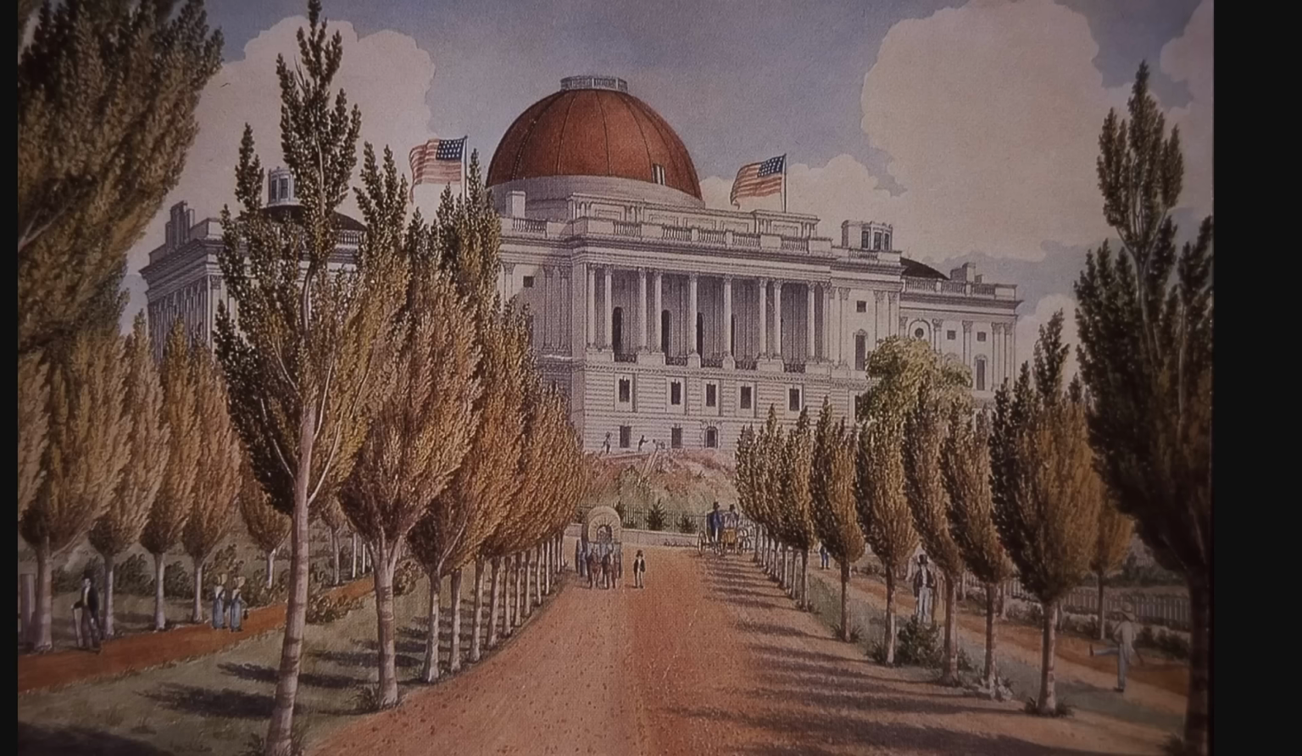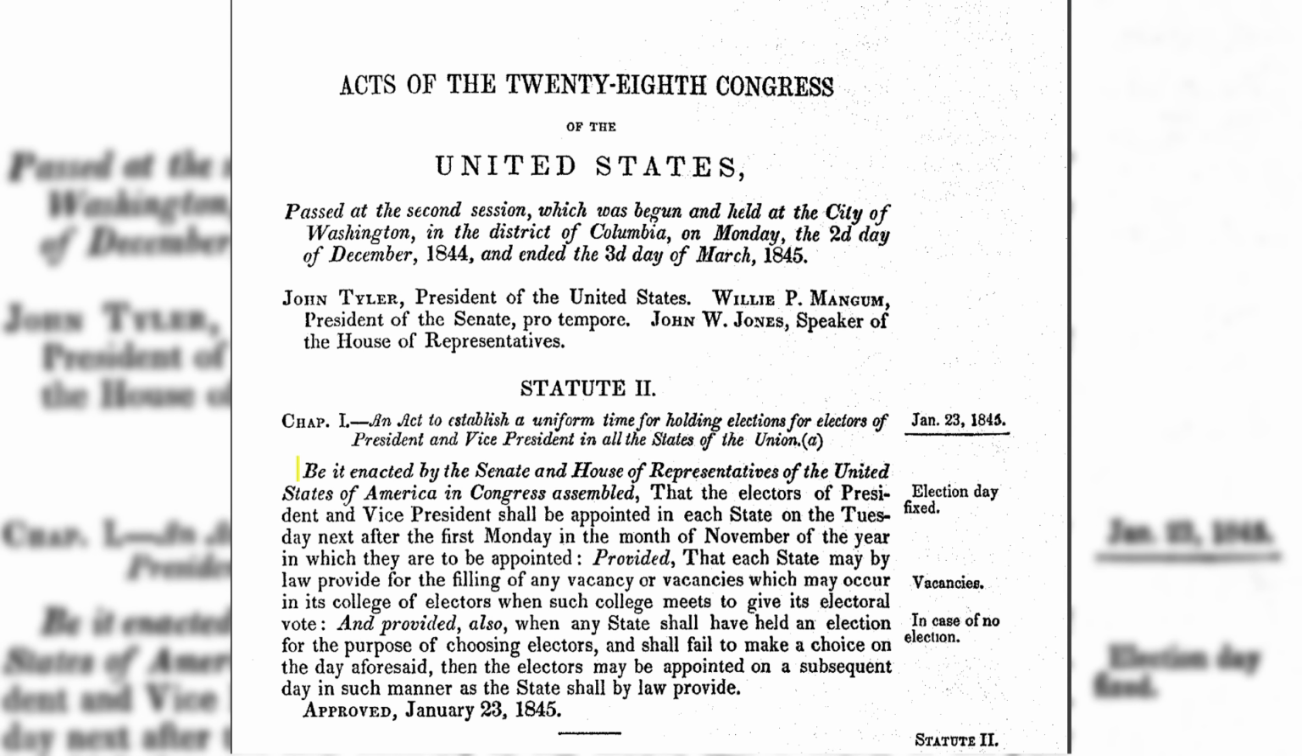So the 28th Congress passes this law that puts Election Day on the first Tuesday after the first Monday in November. Here's how the law reads. Be it enacted by the Senate and House of Representatives of the United States of America in Congress assembled, that the electors of President and Vice President shall be appointed in each state on the Tuesday next after the first Monday in the month of November of the year in which they are to be appointed,